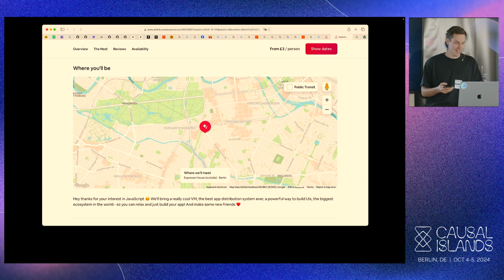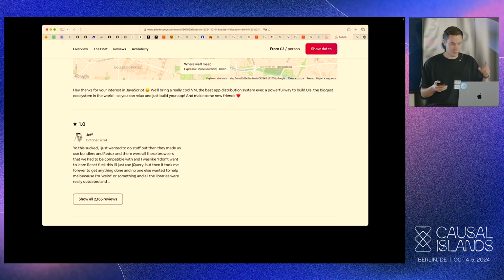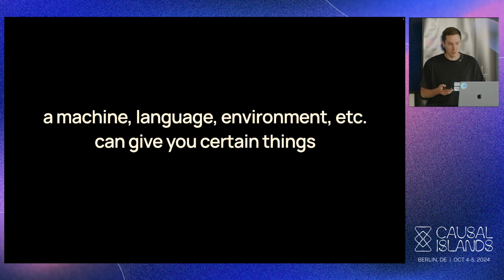And they'll be like, hey, thanks for your interest in JavaScript. We'll bring a really cool VM, the best app distribution system ever, a powerful way to build UIs, the biggest ecosystem in the world. So you can just relax and build your app and make some new friends. And then you scroll down and read the reviews, and this guy's like, yo, this sucked. I just wanted to do stuff, but then they made us use bundlers and Redux and